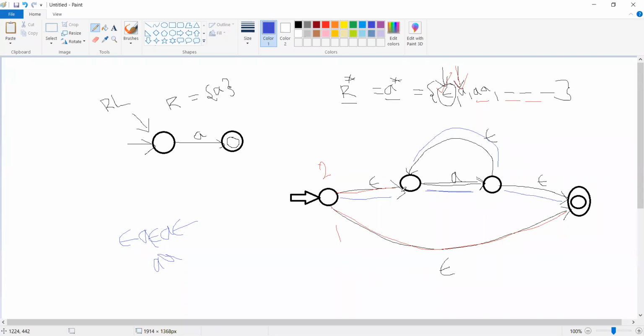In the sense, now it is having the capability to accept all the strings which come in the powers of a. Okay, so this is how we are going to prove that if R is a regular language, then R star, in the sense after applying the closure operation or star operation, whatever finite automata results is also going to be a regular finite automata. Understood? So this is how we are going to find out the closure operation.